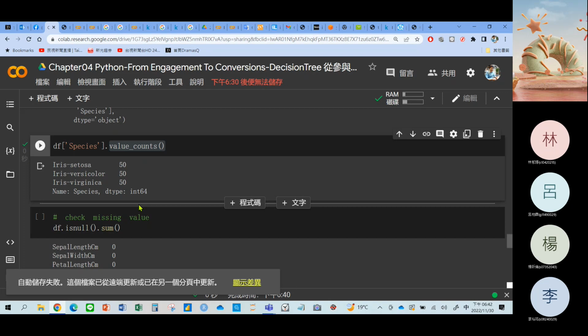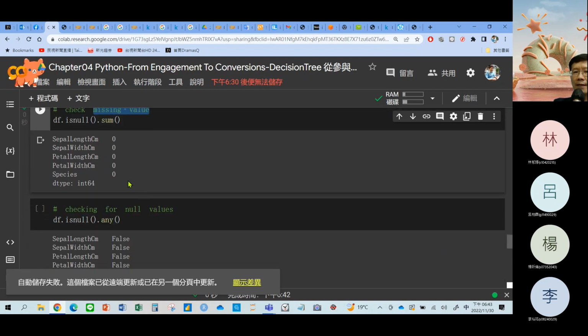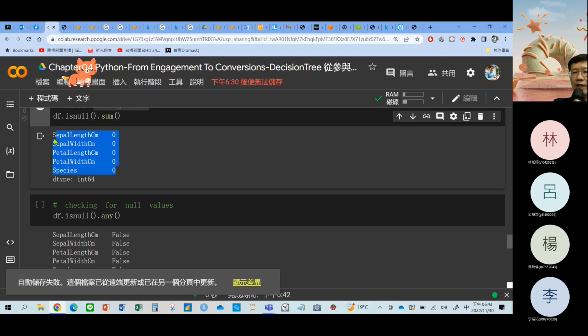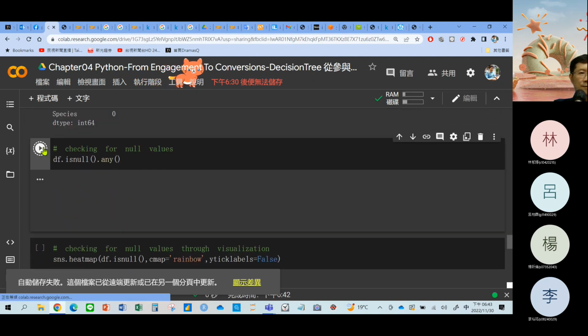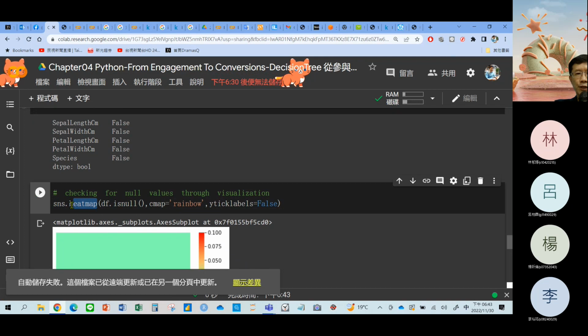a for loop to check all the records and use if to judge each value, each type, and to count and summarize, 对不对？Okay, to check whether there is a missing value for each. Okay, so we are lucky there are no missing values in any column. 啊，这个资料集呢是没有遗漏值的。